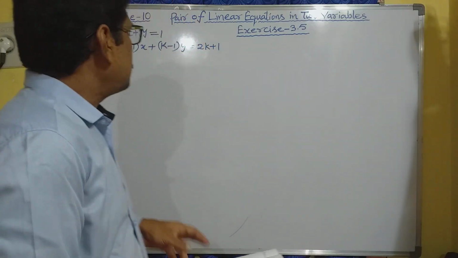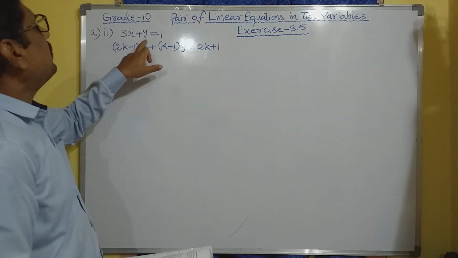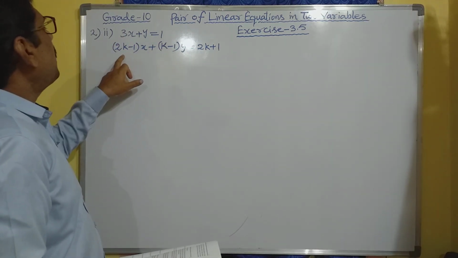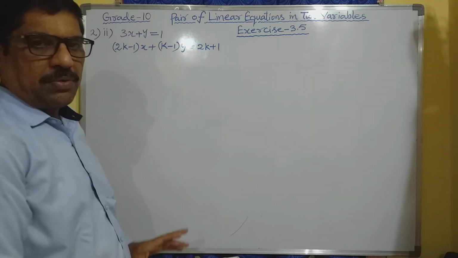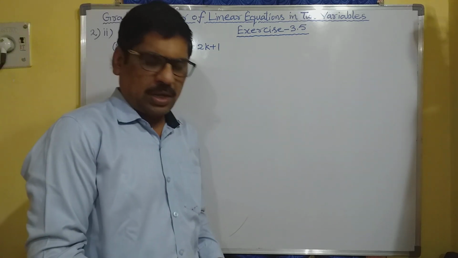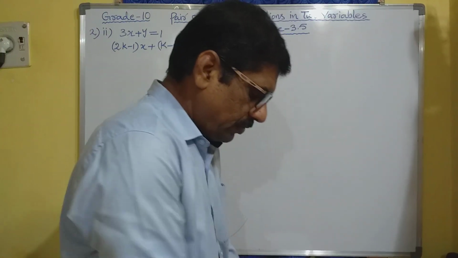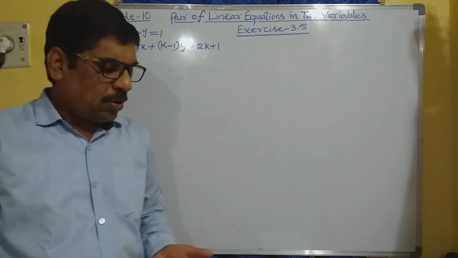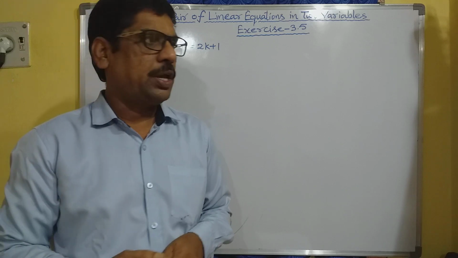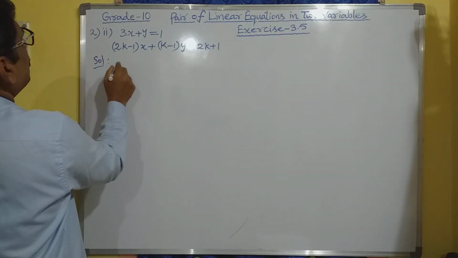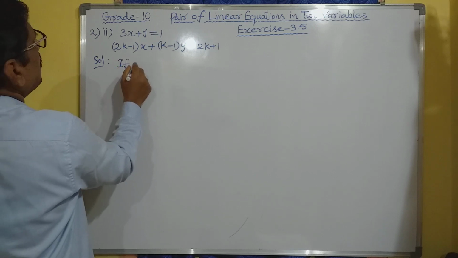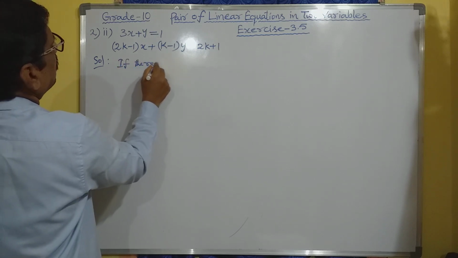Here the given equations are 3x plus y is equal to 1 and (2k minus 1) into x plus (k minus 1) into y is equal to 2k plus 1. These two are the given pair of linear equations and he has given that there will be no solution. See here, if there is no solution,